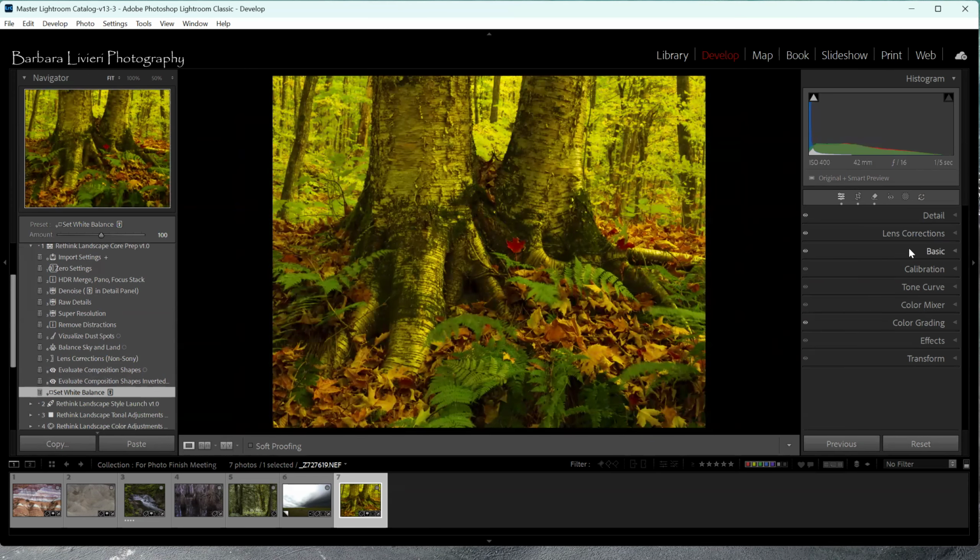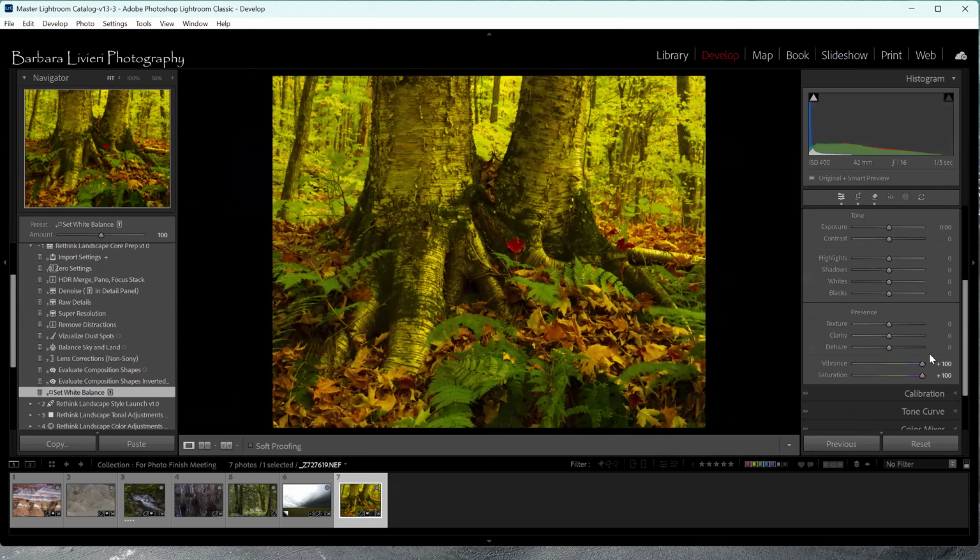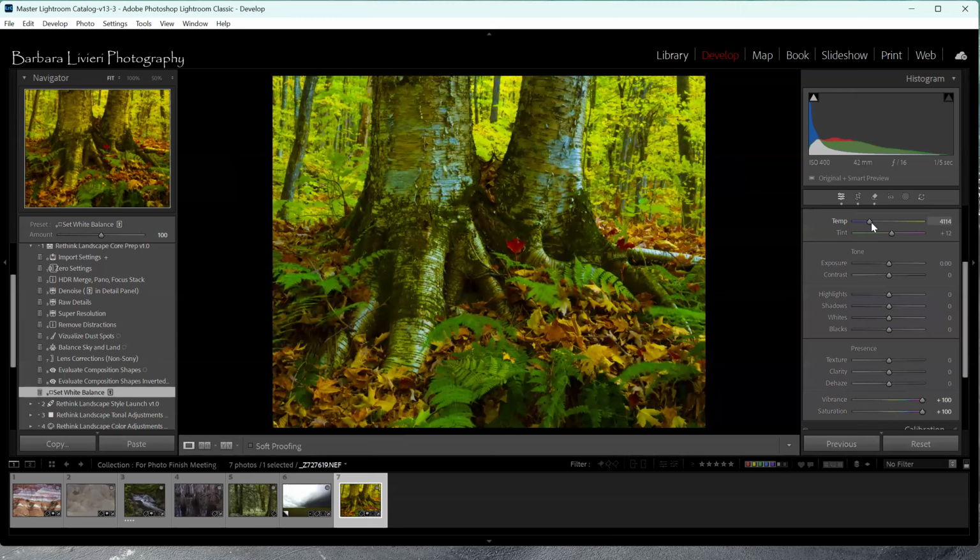This is what really needs to work. So you can see my vibrance and saturation have been zapped to 100. So I am going to fix that. Really bring down those blues. That's too much. Now this tree, this is a yellow birch, and I want it yellow, but I want this balanced. So doing the white balance. Now this is just regular